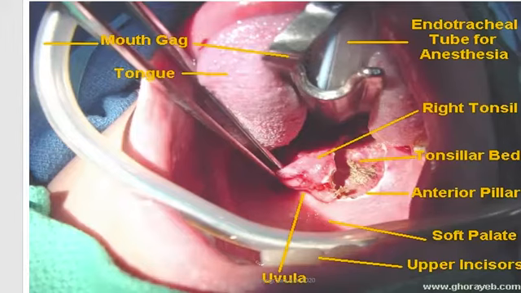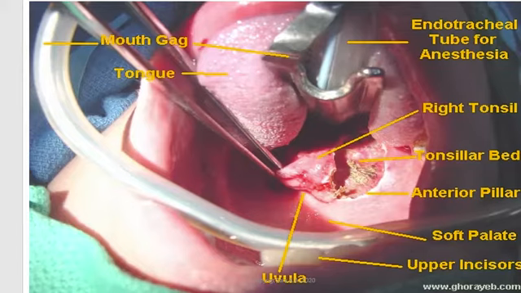Now, in the previous pictures we showed you just a classic tonsillectomy operation, but now you see the patient under general anesthesia. You see the tongue is located superiorly. It's the mouth gag, you see, and we are doing this surgery with the coblator.